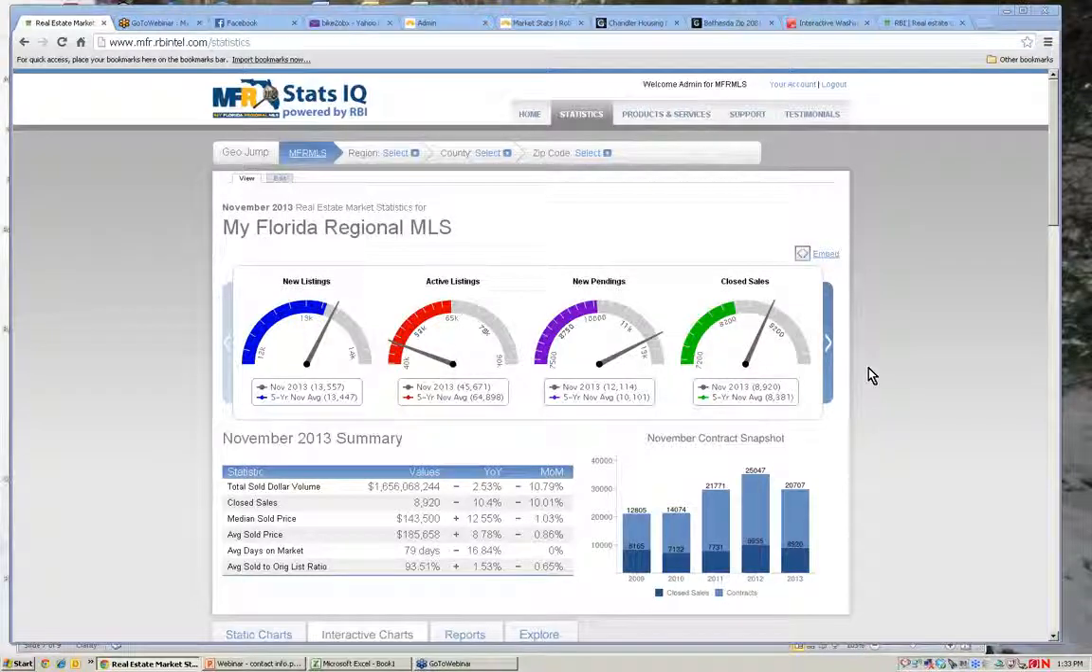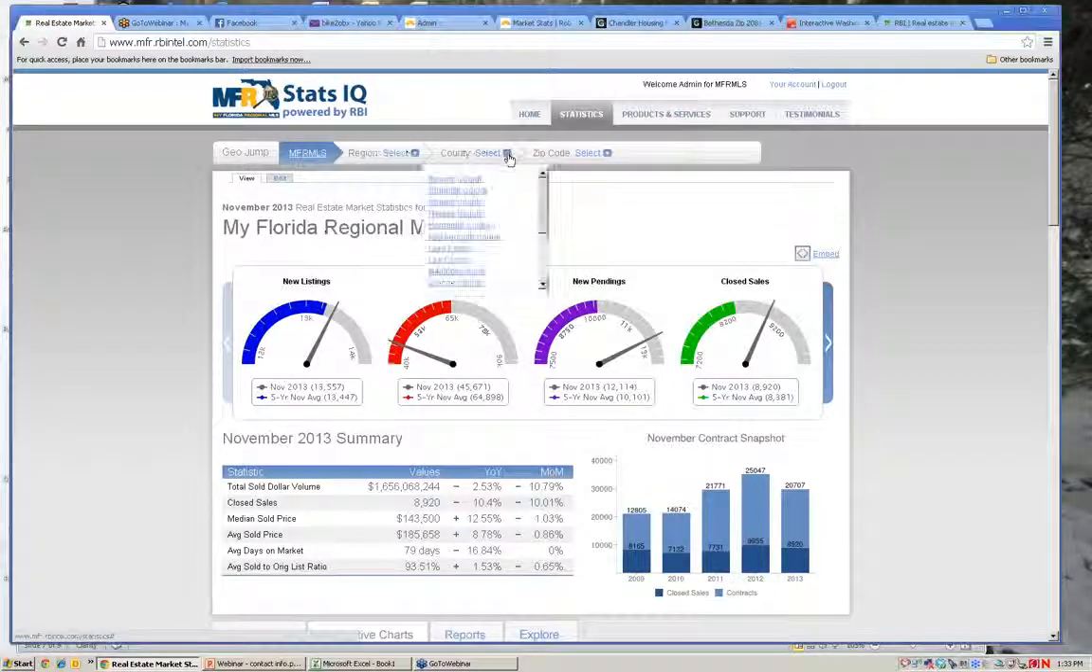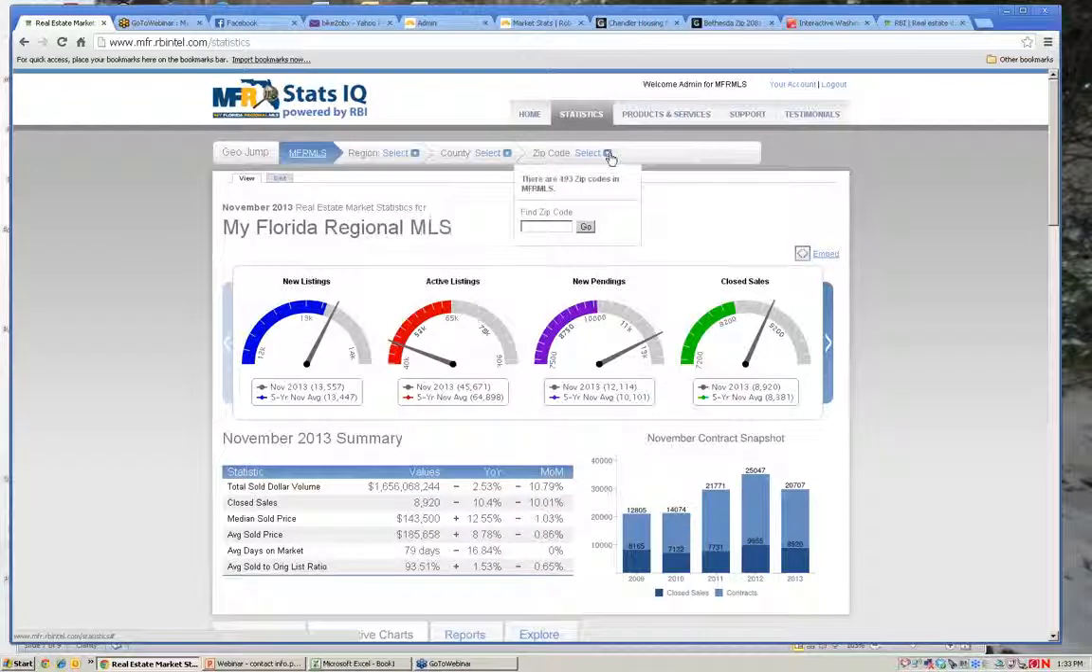is to go over the rbiEXPERT product, and on your website you'll be able to do any of the things that I am going to talk about today at any of the different geographic levels. So right now I'm at the overall regional level for my Florida regional MLS, but I can choose one of the different regions, or I can choose one of the different counties or one of the different zip codes, and depending upon your MLS you have up to 1,000 zip codes that we have with statistics for you. So you can choose any one of these and do any of the things that I am going to go